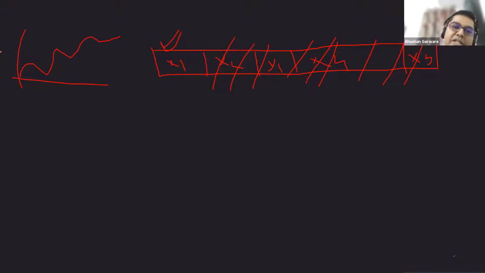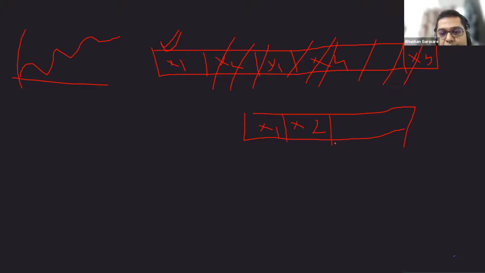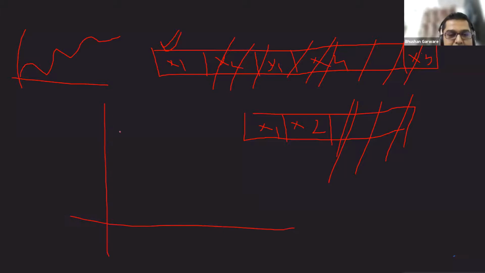A simple extension of this method could be, instead of only x1, I will keep x1 and x2 changing and keep the rest constant, right? So x1 and x2 both are changing. You will try all values of x1 against all values of x2. What you will get is a 3D graph like this, a heat map,